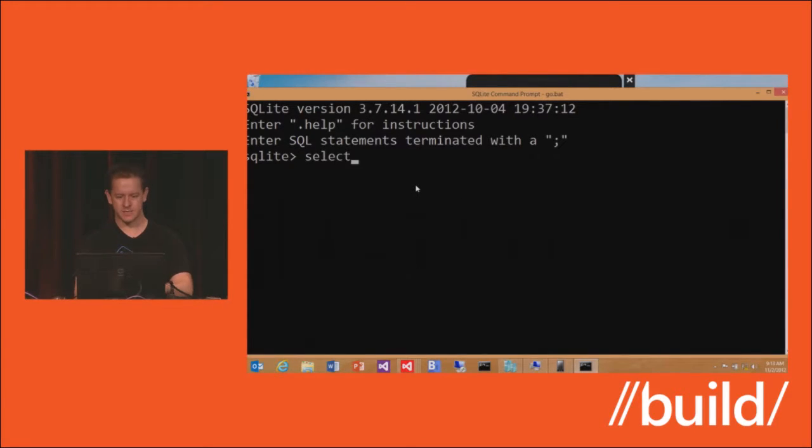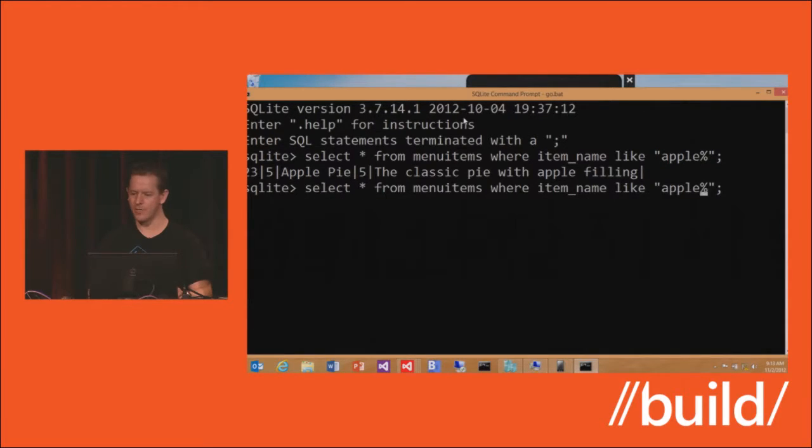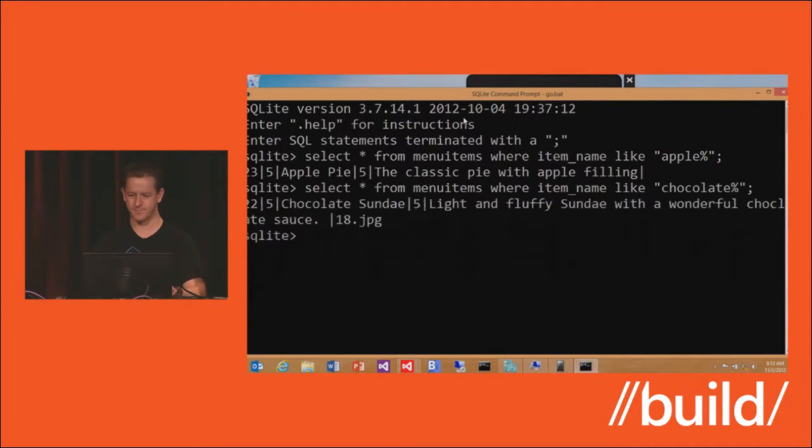So if I select star from menu items where item name like Apple, to see what was wrong with my particular row in that database, we'll see it has an ID and a price and all that kind of stuff, but it looks like something might be missing at the last column. So let's see what's supposed to be there. I know that next to it there was a chocolate milkshake or something, so I'm looking for chocolate. OK, and we see that the last column is actually supposed to have the name of a JPEG in it. And for some reason, Apple Pie,